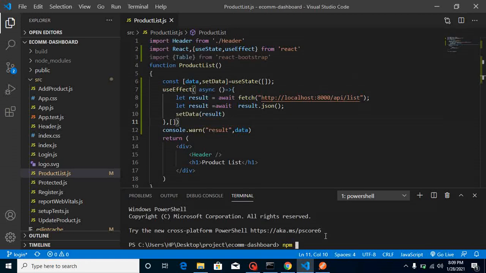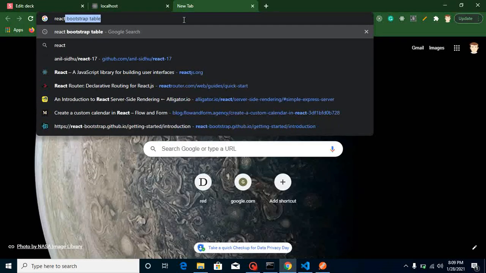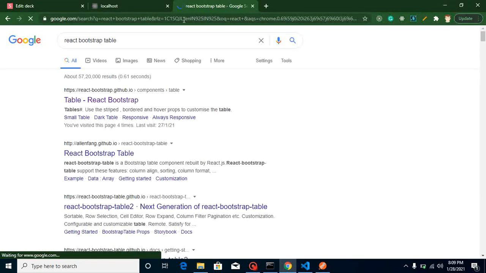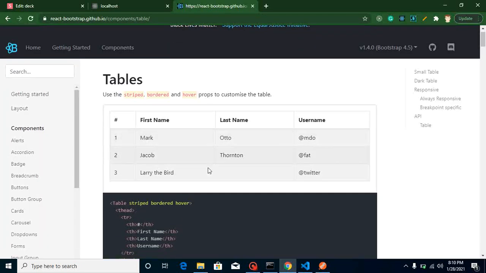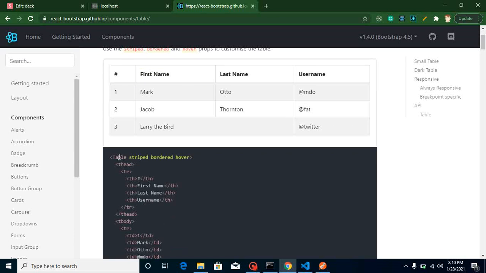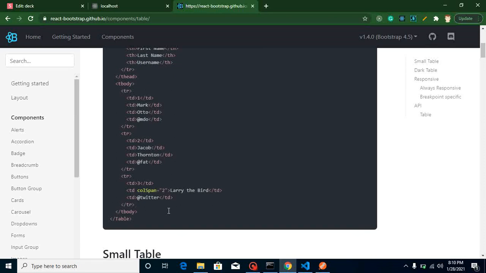Within that time, I am opening a React Bootstrap table here, so that I can show you what tags we have to use and how we can use them. So we just want to show a table like this, right? We can use this table tag, and after that we can simply use tr and td, whatever you want, right?